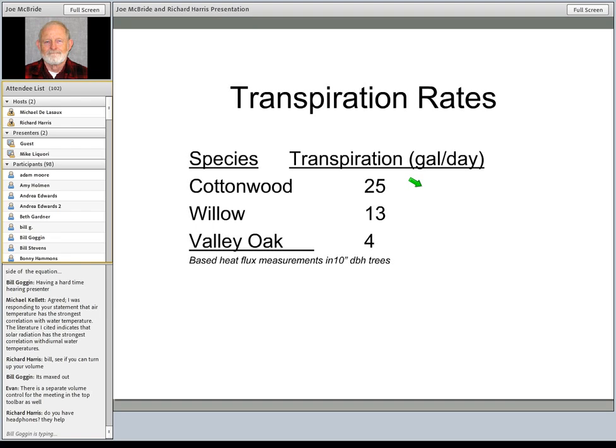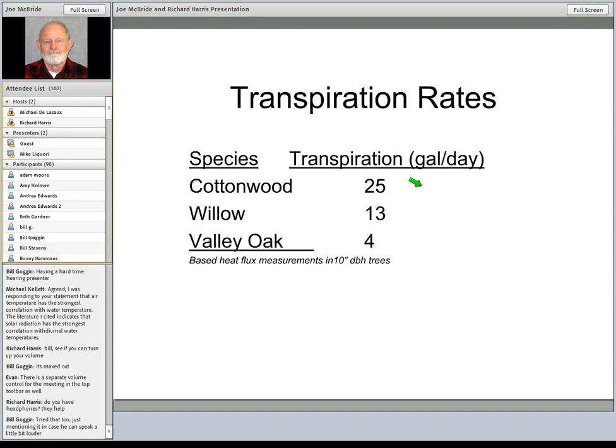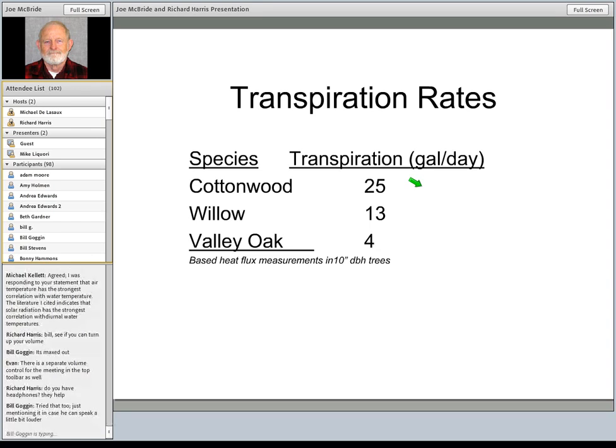Plant species have evolved a capacity to deal with these low concentrations of nutrients through their rates of transpiration. A valley oak transpires about 4 gallons of water a day at a 10-inch diameter tree, whereas a cottonwood transpires about 25 gallons a day. And we can think of this as a procedure that the cottonwood has developed in order